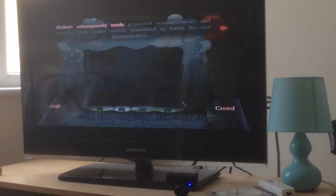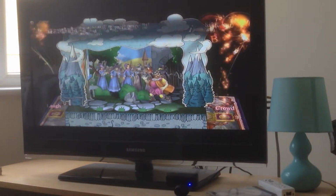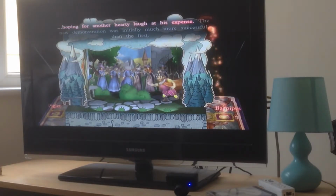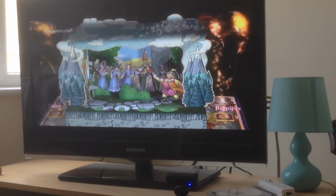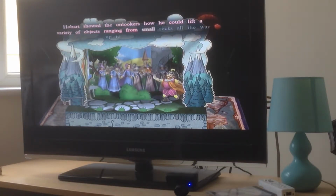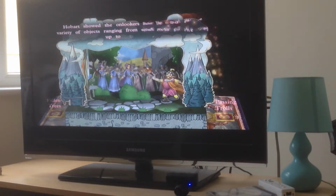Hobart consequently made a second announcement, and another, even larger crowd assembled to watch his new demonstration. Hoping for another hearty laugh at his expense. The new demonstration was initially much more successful than the first. Hobart showed the onlookers how he could lift a variety of objects, ranging from small rocks all the way up to...